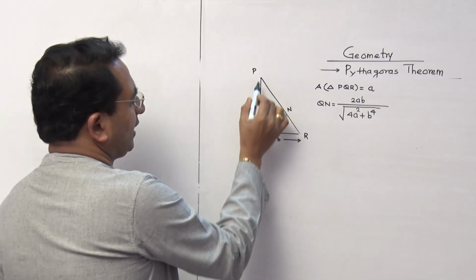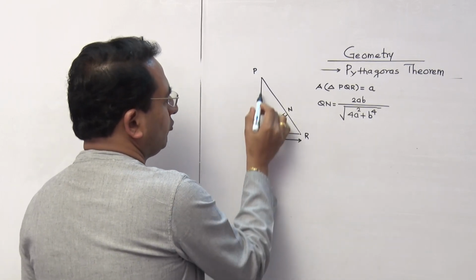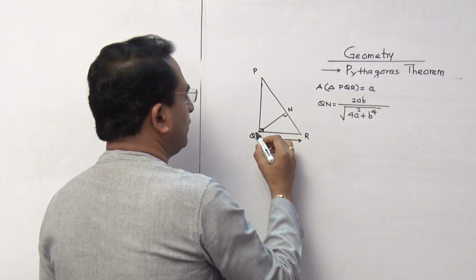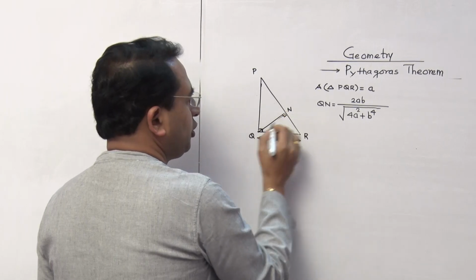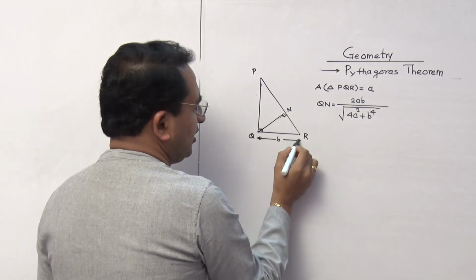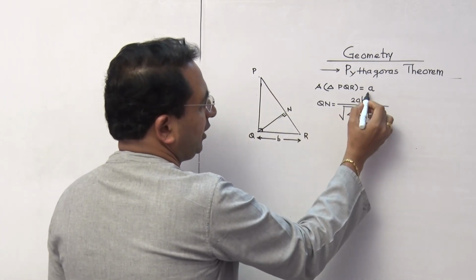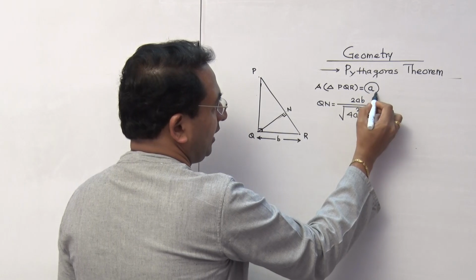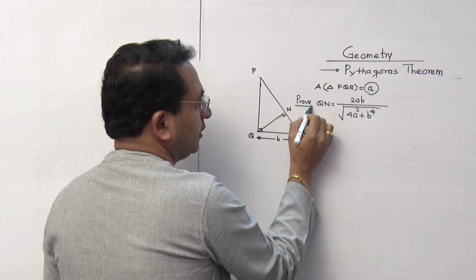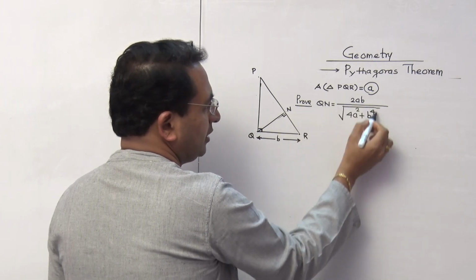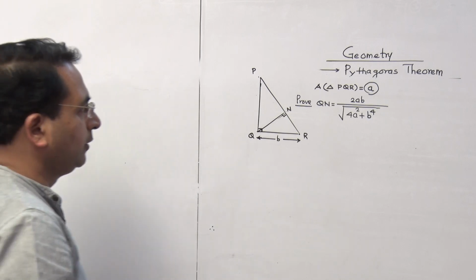Now they have given one triangle here, that is PQR, which is 90 degrees here. So it is basically a right angle triangle, and on that hypotenuse we have drawn the perpendicular from the vertex Q. Now this length they have given already as b. They have not given the height, but they have given the area of the triangle as a small letter a. And this is the thing that you are asked to prove: prove that QN is in terms of a and b. Now let us do it one by one.